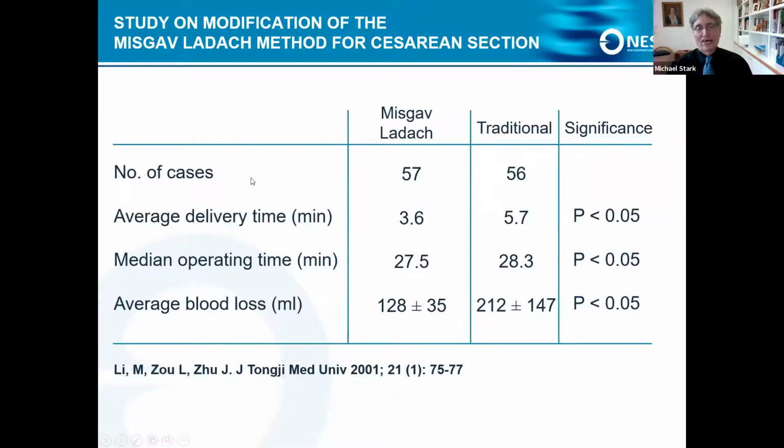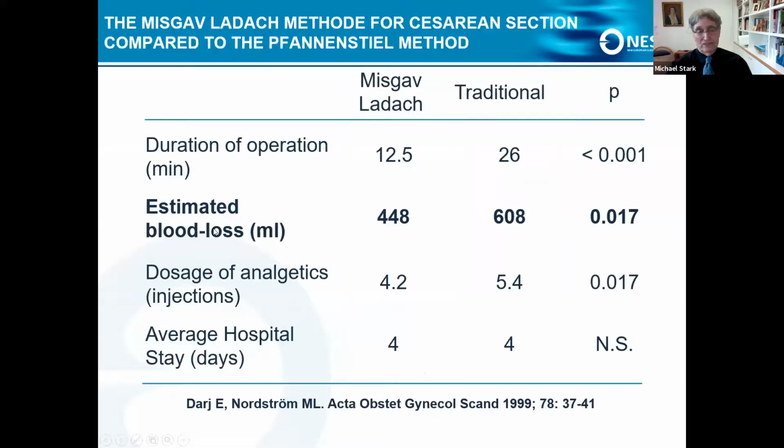There are already over 80 comparative studies between the Misgav Ladach method and the traditional method. There is no single publication which showed negative results. The average delivery time is shorter, operation time is less, and average blood loss is significantly less. Now, you can see this is one of the first studies, which was done at the University of Uppsala